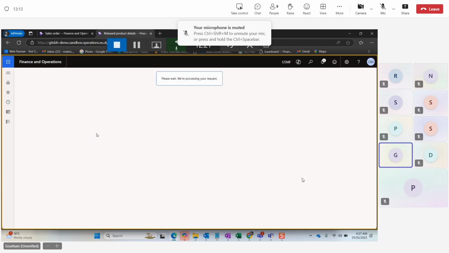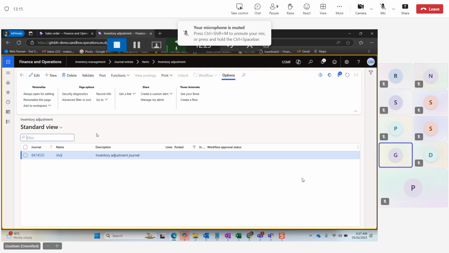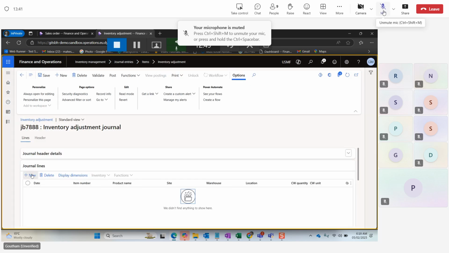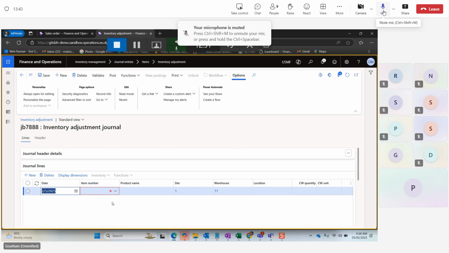Okay, so why do we need to do the inventory adjustment? What is the purpose of doing the inventory adjustment? Can anyone answer? Okay, so we do the